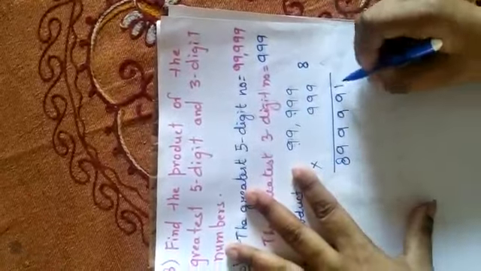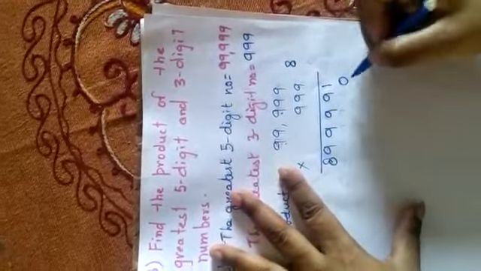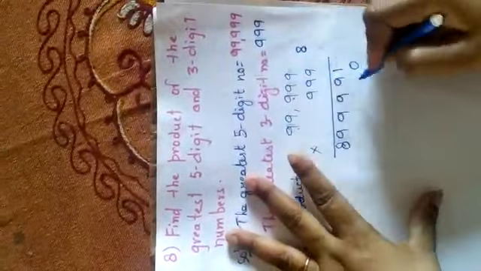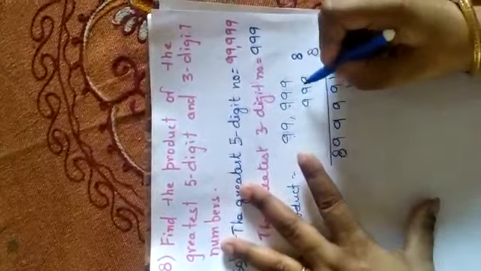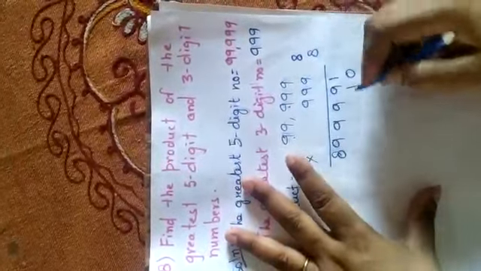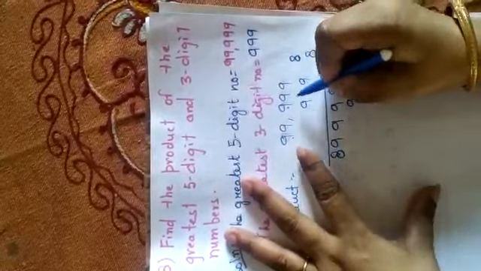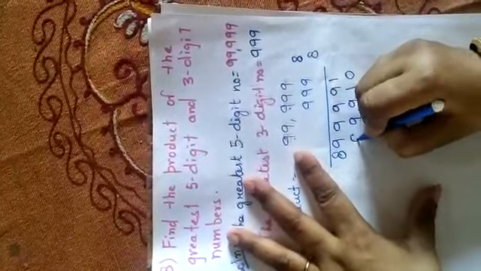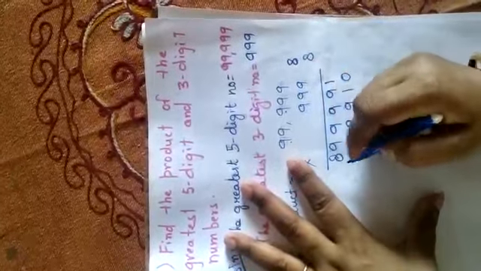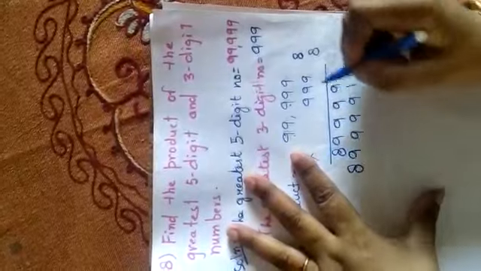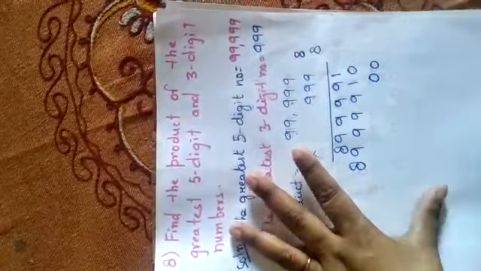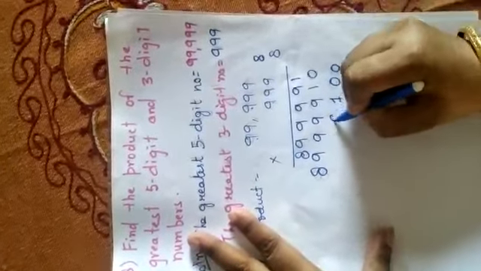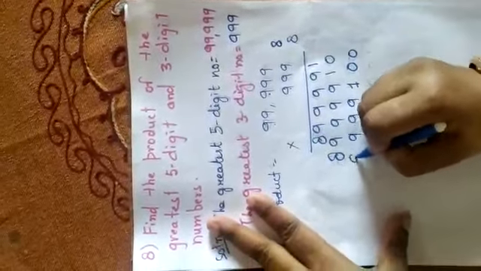Now come to 9 tenths. It means 10 is having 1 zero. So I'll put 0 to the right side of the product. So 9 nines are 81, 1, 8 carry over. Again the same: 9 nines are 81 plus 8, 89, 8 carry over, repeating for each digit. Now come to 900. It is having 2 zeros. So I'll put 2 zeros. Same 2 zeros, then 1, 9, 9, 9, 9, 8.